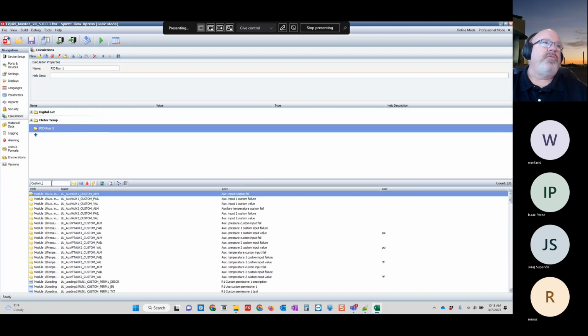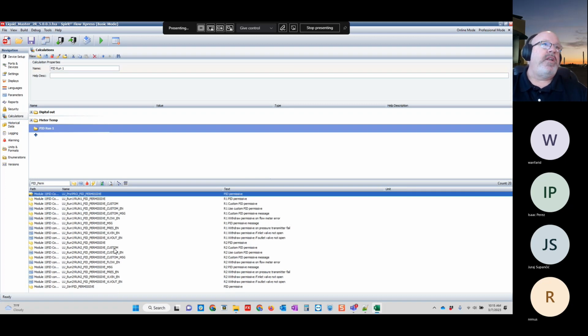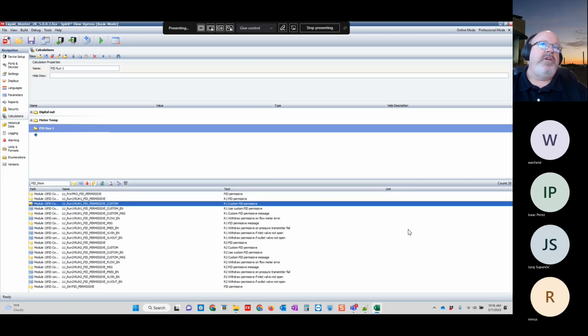I know that I can also look for the word permissive, so I can just type in permissive, or I could do PID underscore perm, and then I narrow it down a little bit more. So you can see I've got proving PID permissives. The one I'm looking for is this one, the custom